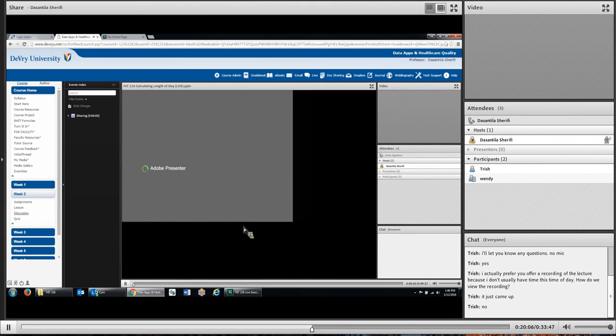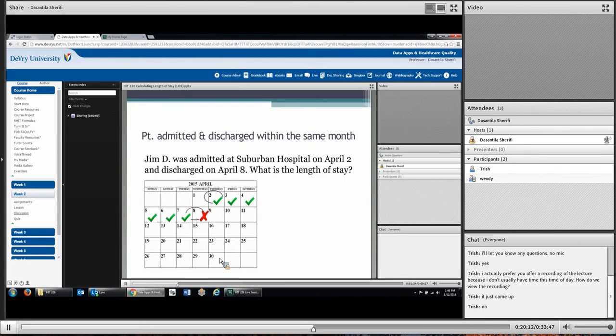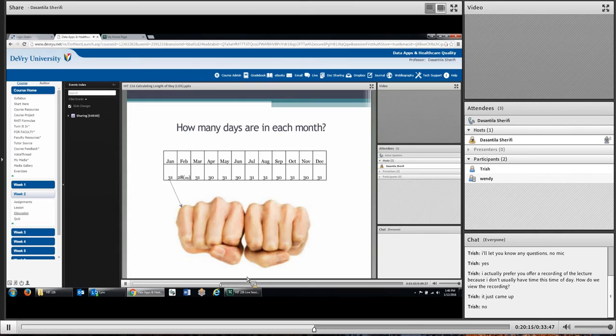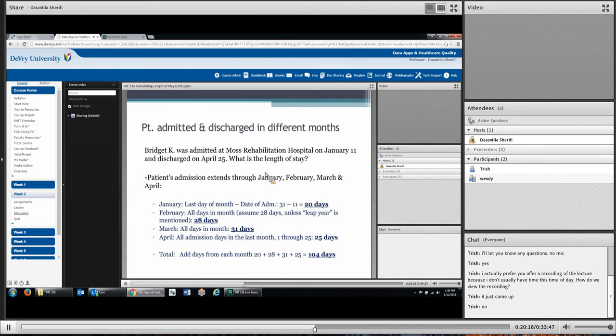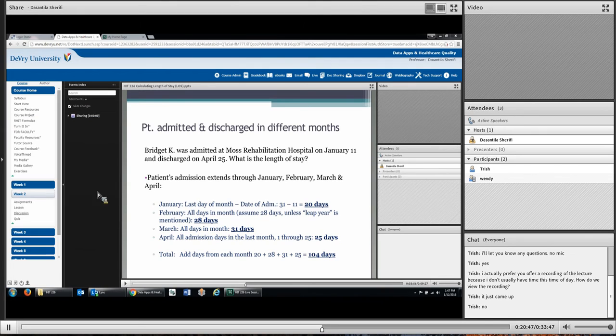Okay, so you just give it a minute and you can scroll, like this, and see how I actually showed you different tricks on how to calculate length of stay. Okay, I'm stopping it now. But have you seen this resource yet? Like I said, there will be a length of stay for sure. Okay. I'm going to focus on just a couple problems for now, unless you have other questions.